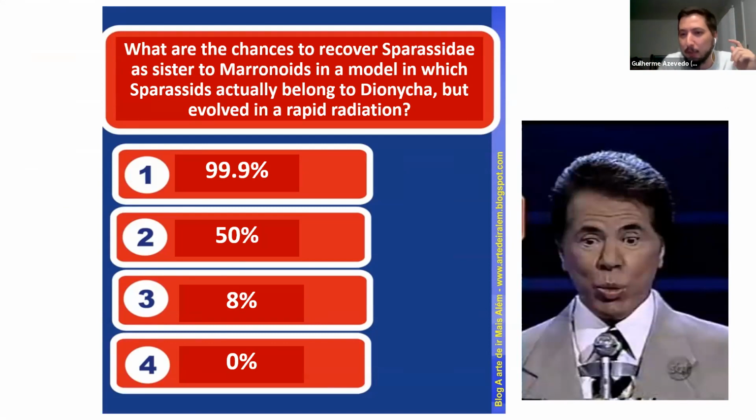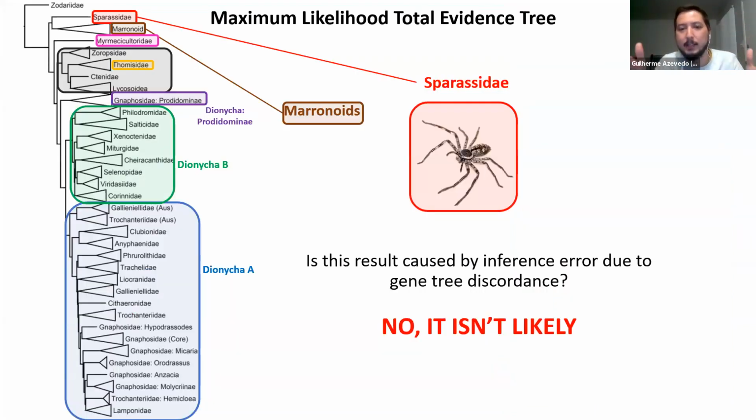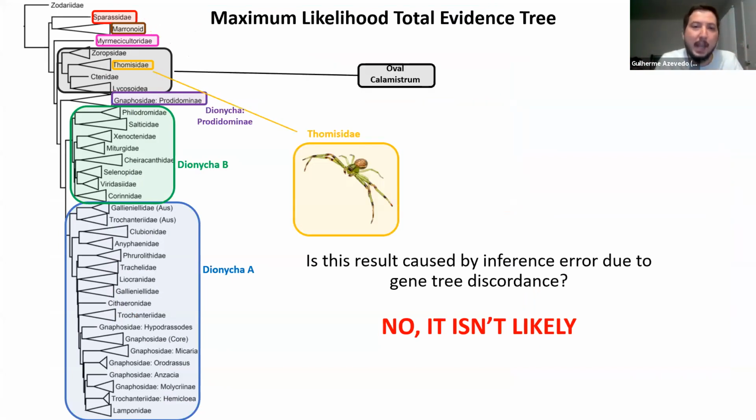So we never found in our simulation the Sparassidae associated with Marronites. That indicates that our results are not likely to be caused by inference error. We did the same for Thomisidae. Thomisidae is always inside the Oval Calamistrum Clade, and it's unlikely that this is an error of inference